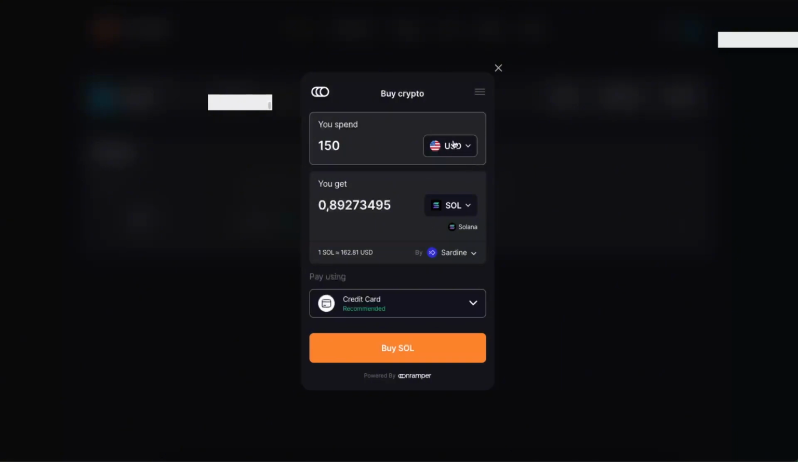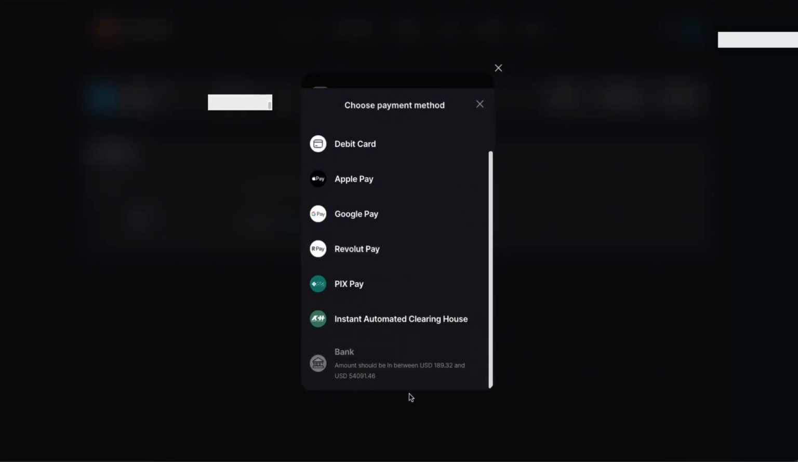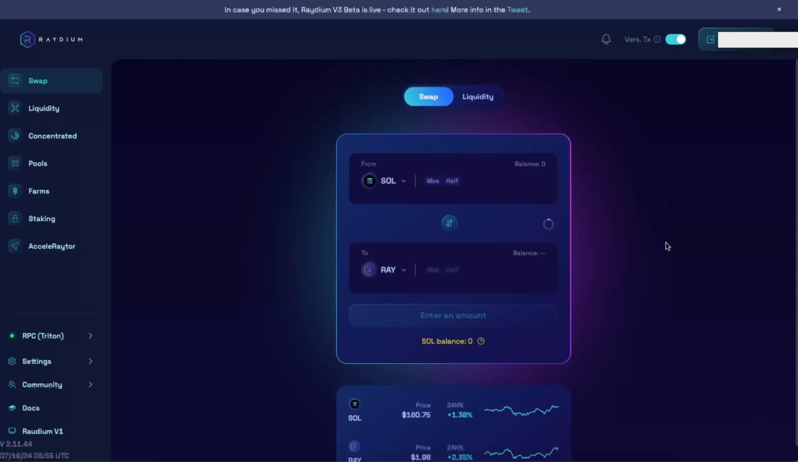You can go ahead and spend your currency to buy Solana with some of the providers. The payment methods would be credit card, debit card, Apple Pay. As you can see, there are a lot of options. For the bank transfer, you need to be between USD 190. So that's basically it. Once you have Solana in your Solflare wallet, for example, you can go here